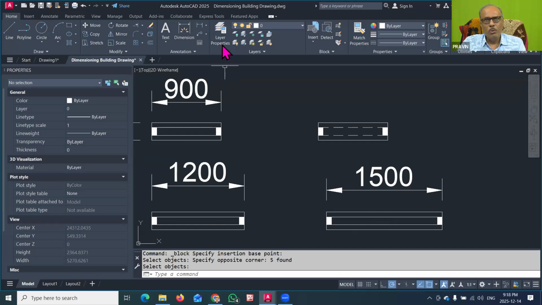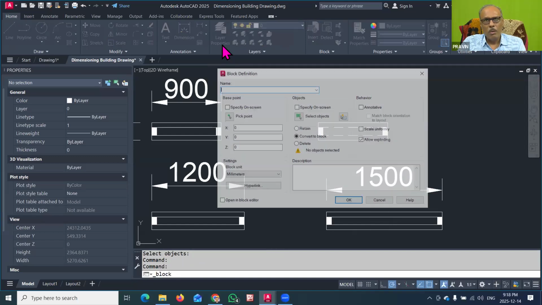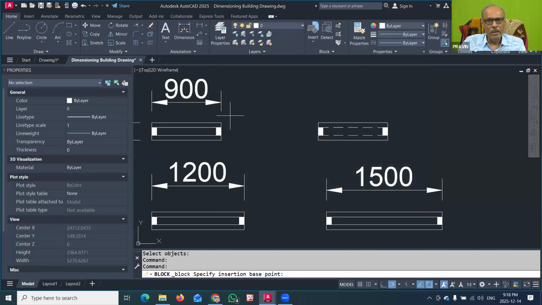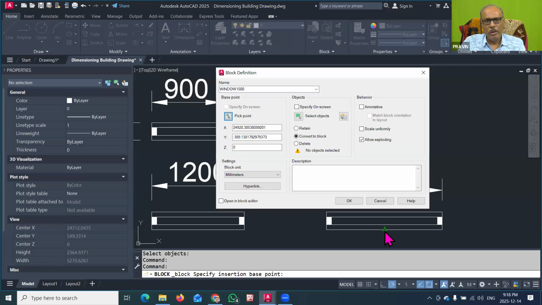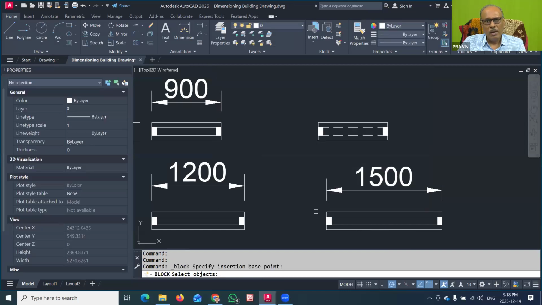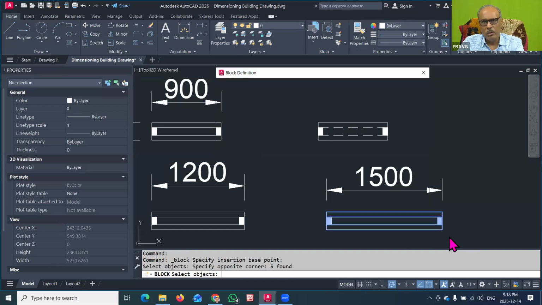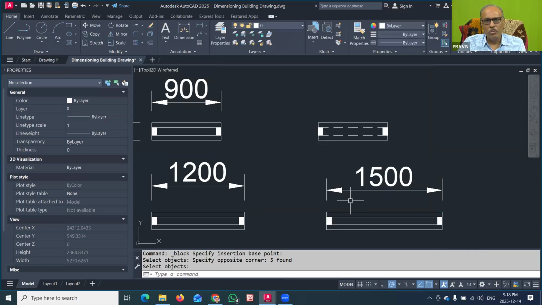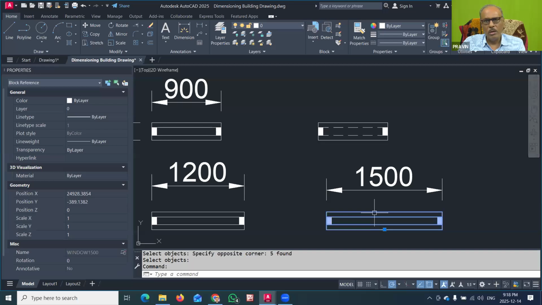Again we go for the create block command. Now I will type window 1500 and then click pick point. I will give the middle point of the wall center as the pick point, then select objects, and I will select this much of the window symbol. Press enter to continue, convert to block, and click OK. So this is also converted to a block. Now this is completely converted.